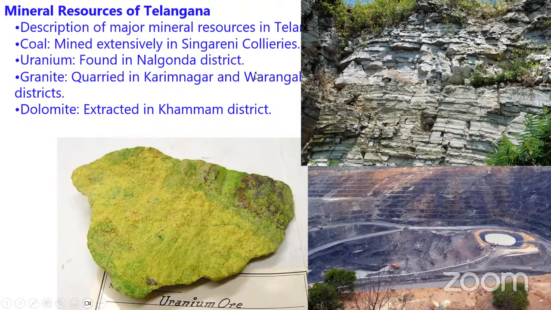When we talk about Karimnagar and Warangal, you should remember granite, and also the northern side of Warangal and the Singareni region. You should remember the coal seams with this open cast mining image, like coal mined extensively in Singareni collieries, and uranium found in the Nalgonda district, and granite quarried in the Karimnagar and Warangal districts, and dolomite extracted in the Khammam district. This is the dolomite formation. You may identify or get it in the Khammam district. Next,